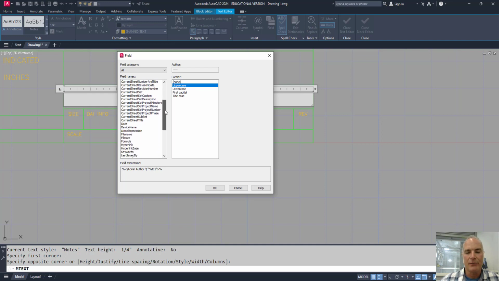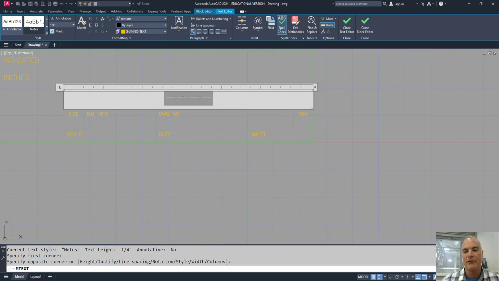So as I scroll down through this list, you'll see there's lots of information in here. The one that I want next is title, so I'll click there. Again, I can choose whether I want an uppercase or lowercase or title case or whatever. When I choose OK, you'll see that it still puts in the 4 dashes there because this drawing hasn't been